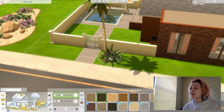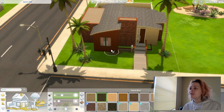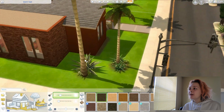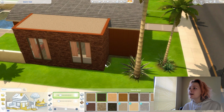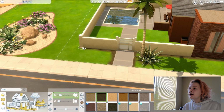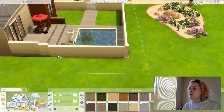I've done this for every other Oasis Springs build, and then going around the outside, just doing a very quick drawing on this, the terrain paint, kind of making it look like an EA build where we just touch up the outside of everything. And after that, I think we are getting into screenshots, so I will go ahead and